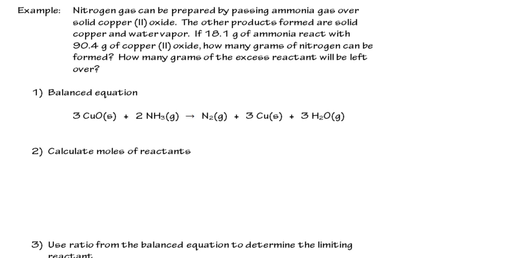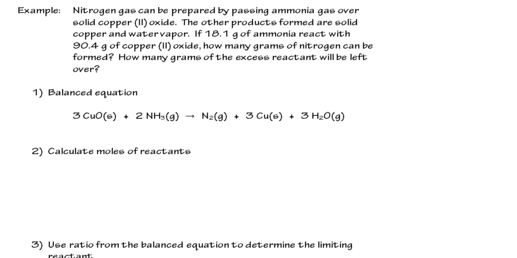They give us the balanced equation, which is nice. That's normally the first step. I would need the balanced equation. I need to know those ratios of reactants and products. Well, I'm not going to get this wrong because of the balanced equation, because that's given to me. I have 18.1 grams of ammonia reacting with 90.4 grams of copper oxide. I want to know how many grams of nitrogen can be formed and how many grams of the excess are